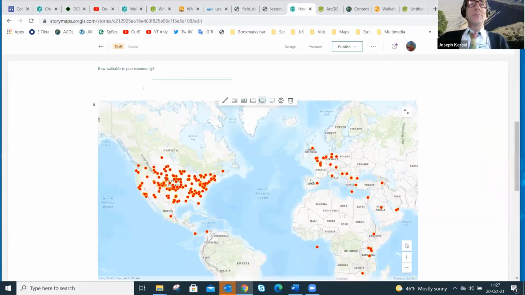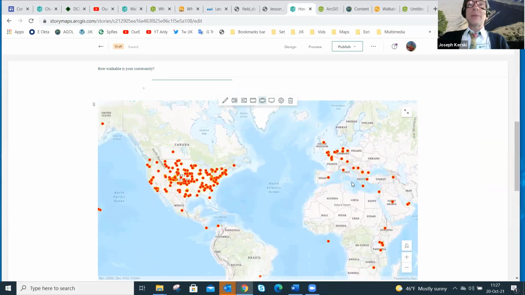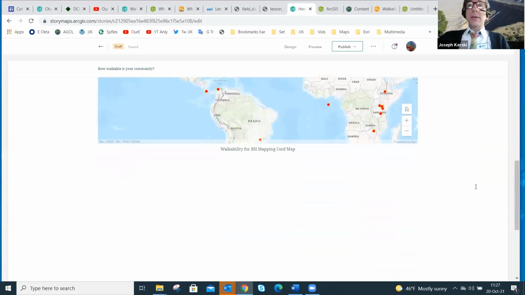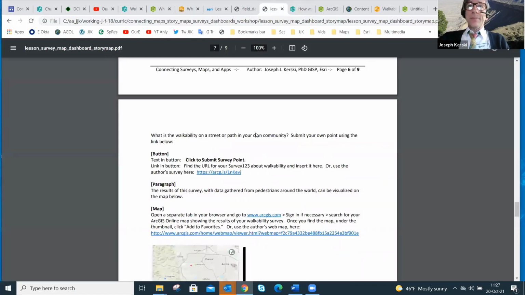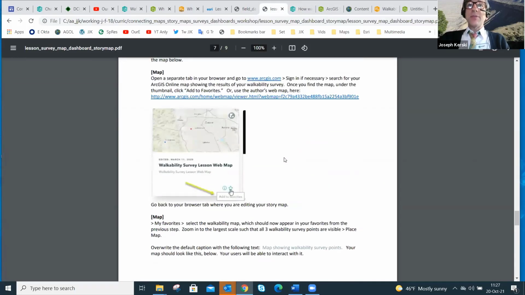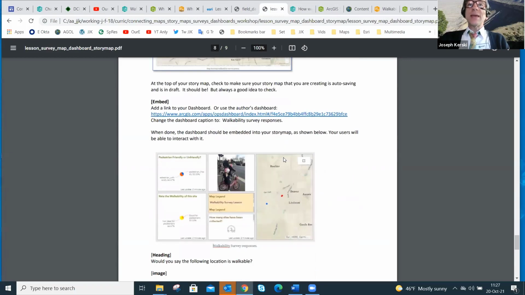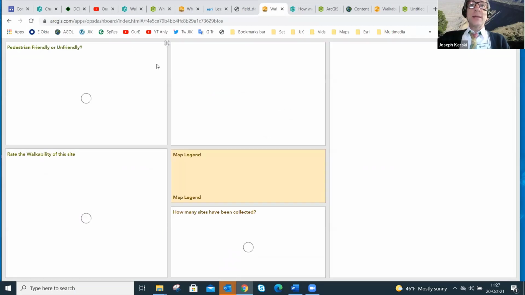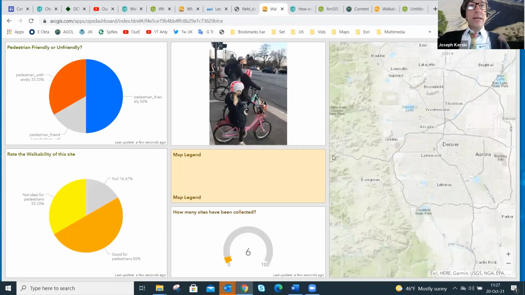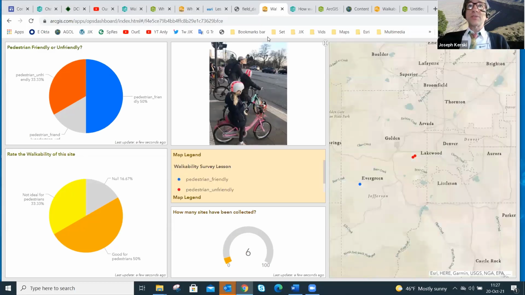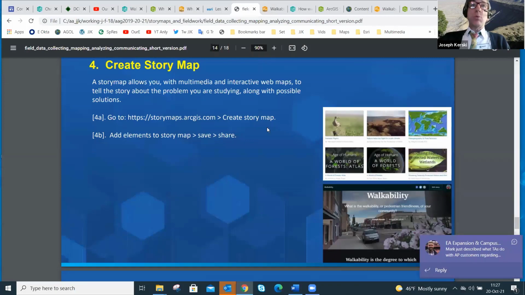Great. So now I've got this embedded map inside my story map. Okay, what else can I do here? Well, let's take a look at the lesson. Inside the lesson, I have done that exact same thing. And then further on down, I add a link to the dashboard. Okay, so here's my link to my dashboard. Let's just check it out ever so briefly. Here is my dashboard that I have tied to the lesson. Okay, so far so good. Interesting. So I can actually add the dashboard in right here.